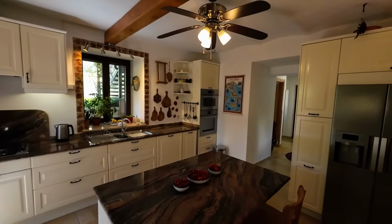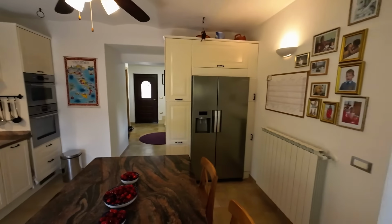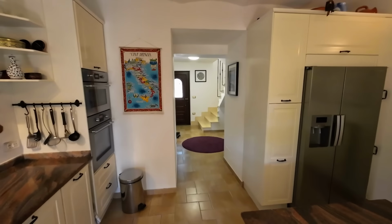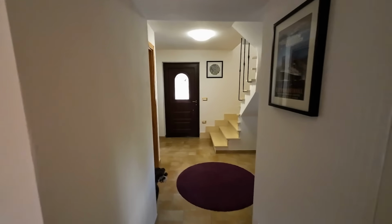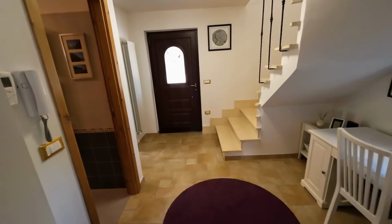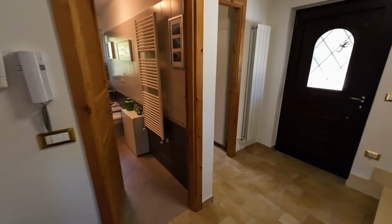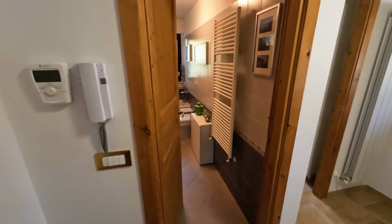The original house actually finished here at this wall. So it was 2 rooms downstairs, these 2, and 2 rooms upstairs. And they had an extension built, which has been done so well, and created the entrance and created another bedroom upstairs, which you will see shortly. I really like the fact as well that you have a bathroom on this floor,